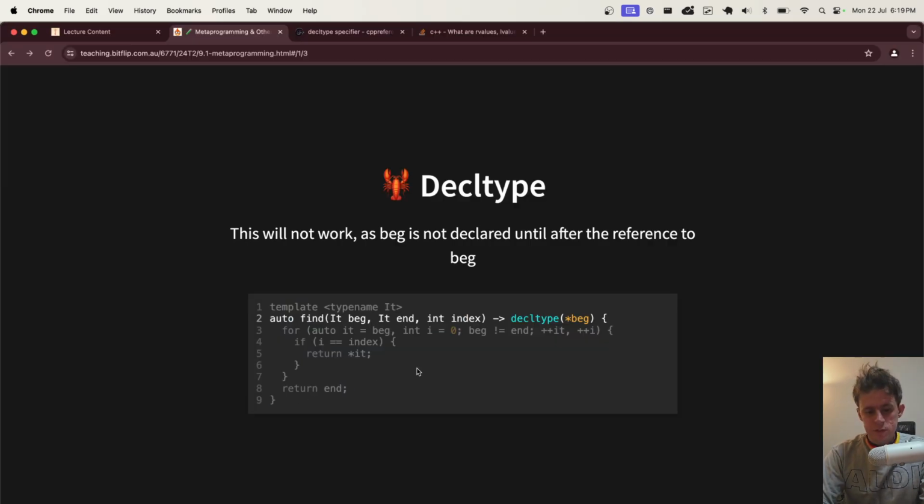And this is really useful because what this basically means is you're kind of deferring the concreteness of the type to the compile time, which makes this even more generic, because you are actually returning a value. So if you were writing a function that didn't need to return a particular unknown type, you wouldn't need decltype. But in this case, because it returns an actual element of that container, you need to specify that it's going to give you an element of that container. So go return it.